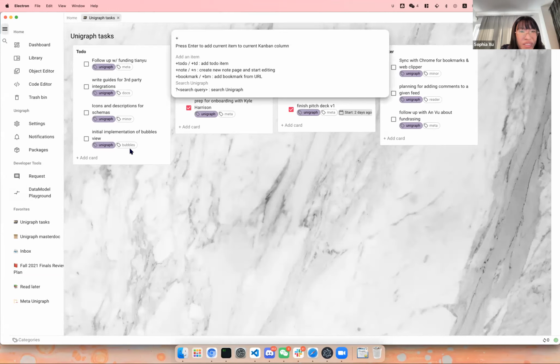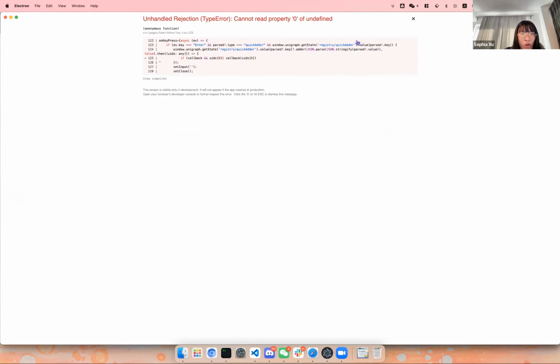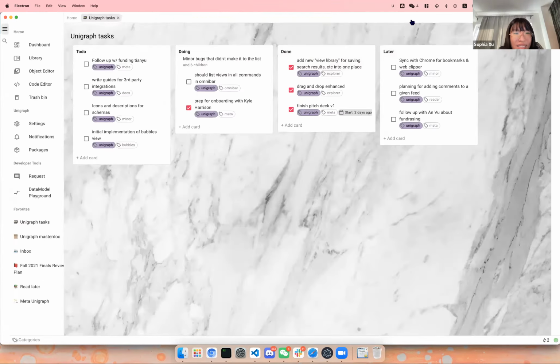If you want to add a bookmark, you just press add BM and press enter. It's going to crawl the website, and it'll be able to add it as an article directly in this list of to-do lists. You can drag and drop between different lists, for example.